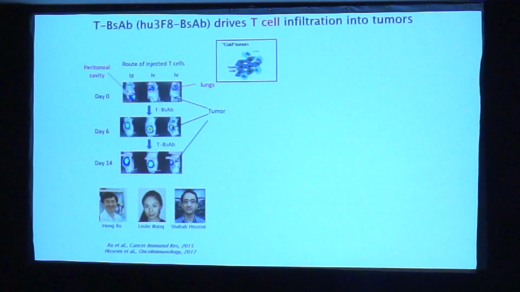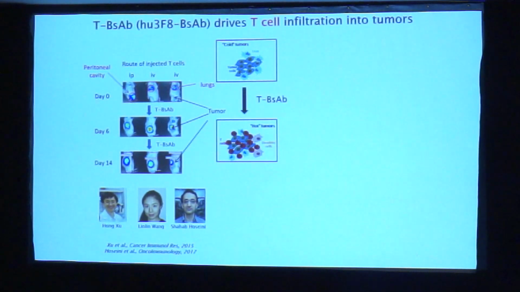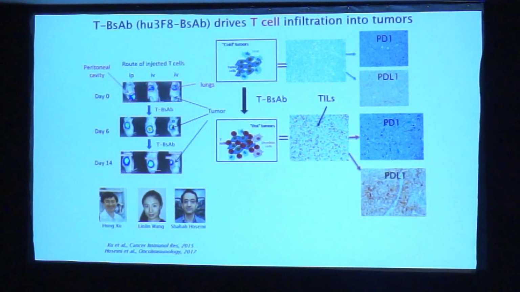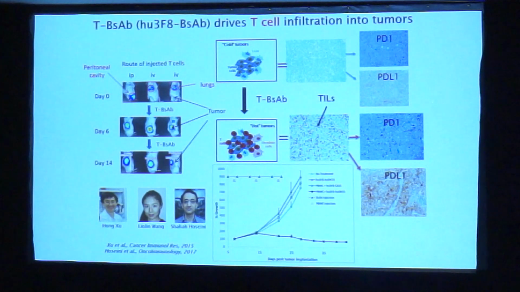Now, the magic of that is that when you go into tumor, the T cells start doing things. And you can see here that, for example, a tumor that is cold with the bispecific antibody now becomes hot. And with all the cells that are going in there, there are a lot of things that's happening. We can show that the tumor now with TIL cells, they also looking for the PD-1, PD-L1. You can see that as soon as the T cells get into the tumor upregulate PD-L1, which is not surprising. Like every other tumor, it does exactly that. But despite that,